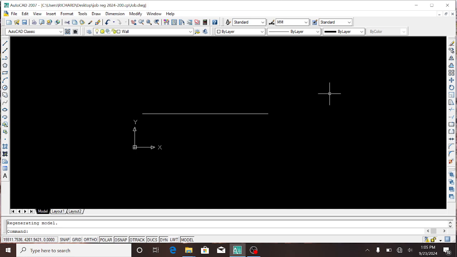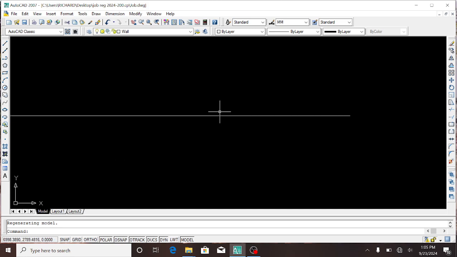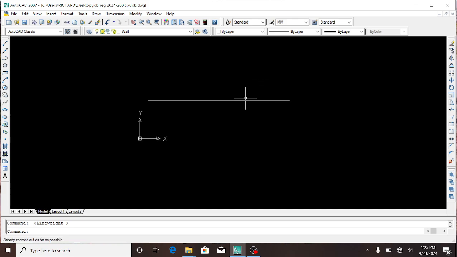In order to see that the line weight is okay, you can select this to display the line weights. So you can deselect it, then the line weight will not be seen, like now, it is not showing. Normally when you are drawing, it's good to put the line weight off because it will make your drawing heavy. So you can see it by clicking the line weight and it displays. So that is wall